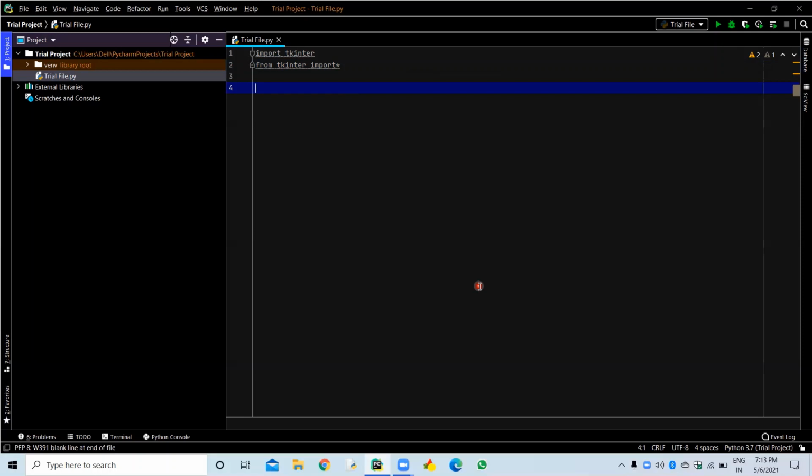Okay, so now we will learn how we can create a window, because for an app, for placing all the things like buttons and labels, we need a window. For that, first we create a variable, let's say window, or we can name it screen. Okay, so screen is equal to Tk. Now if I run it,